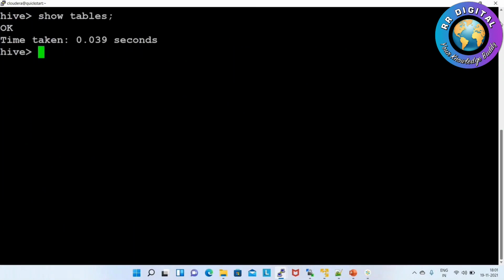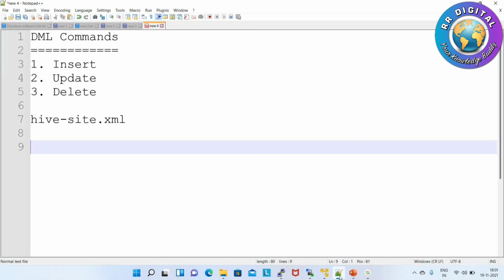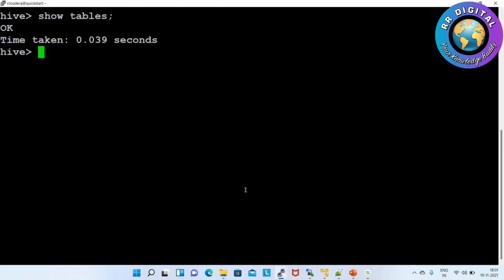There are no tables. Now first we'll create a table. Create table, table name I'm giving customer. Here CID means customer ID, and customer name, I'm giving a varchar of 129.